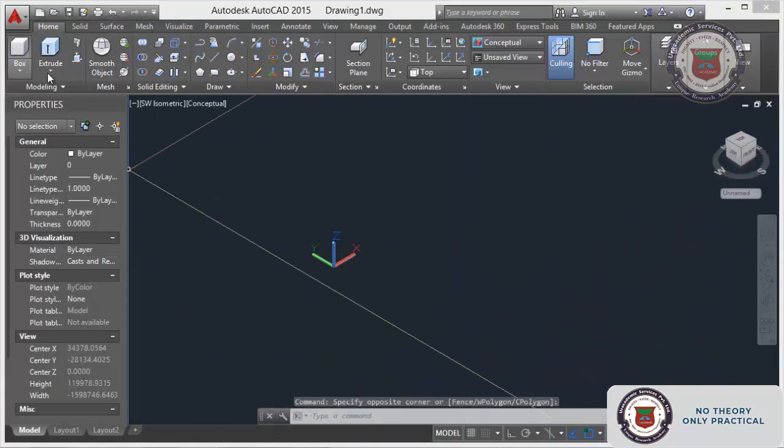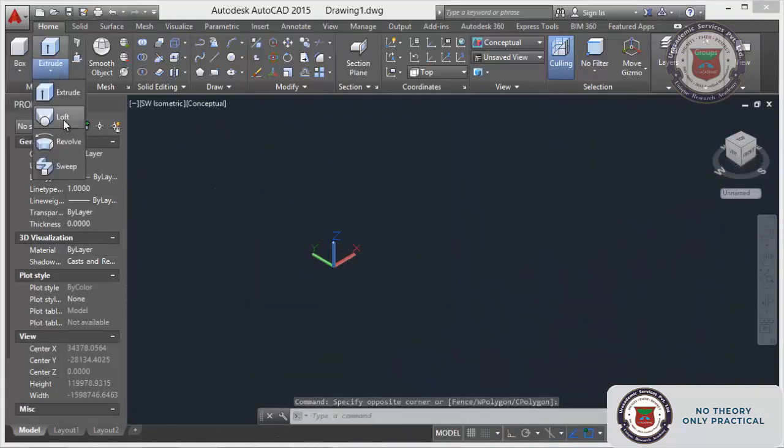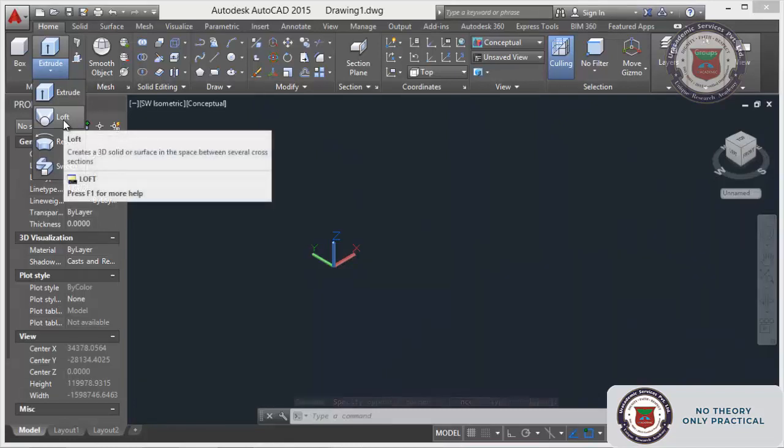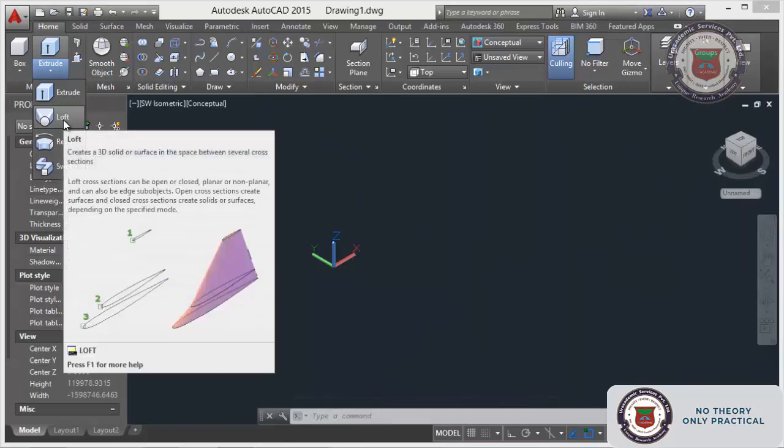Next we will go for the loft command. Okay, loft. What is loft? Loft creates a 3D solid or surface in the space between several cross sections. That is called a loft. There is a description, you can read it, not an issue. Otherwise I will read it now.